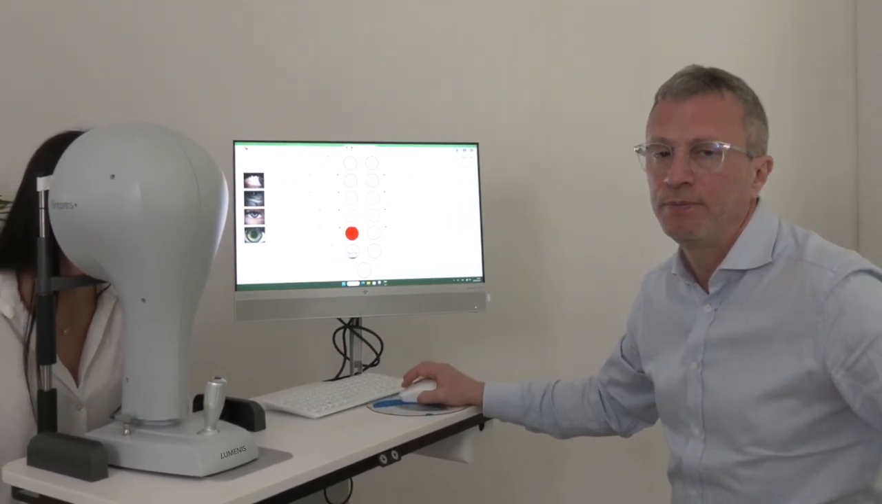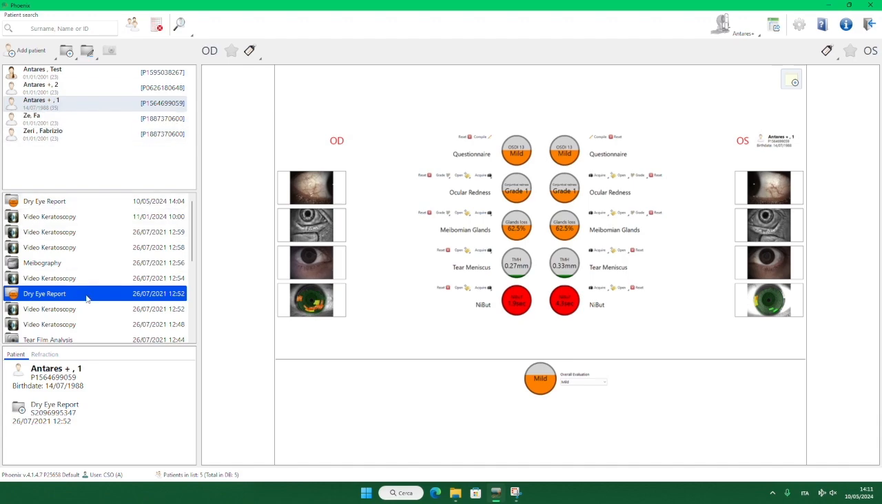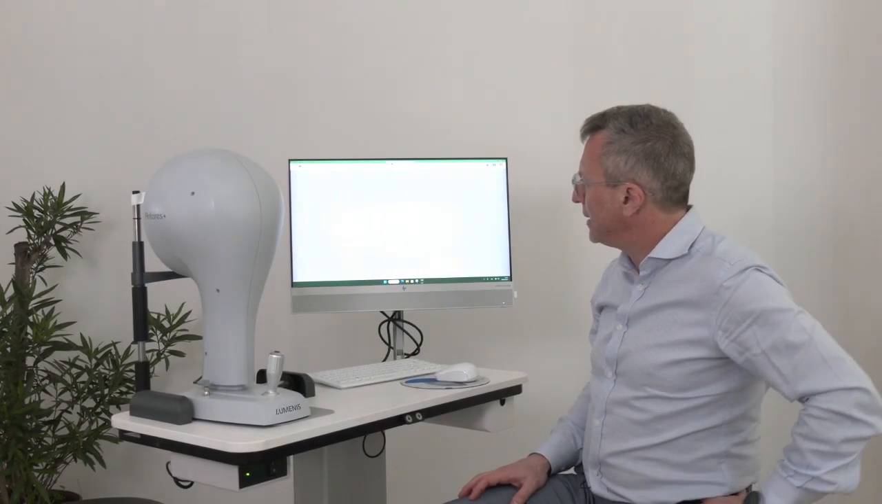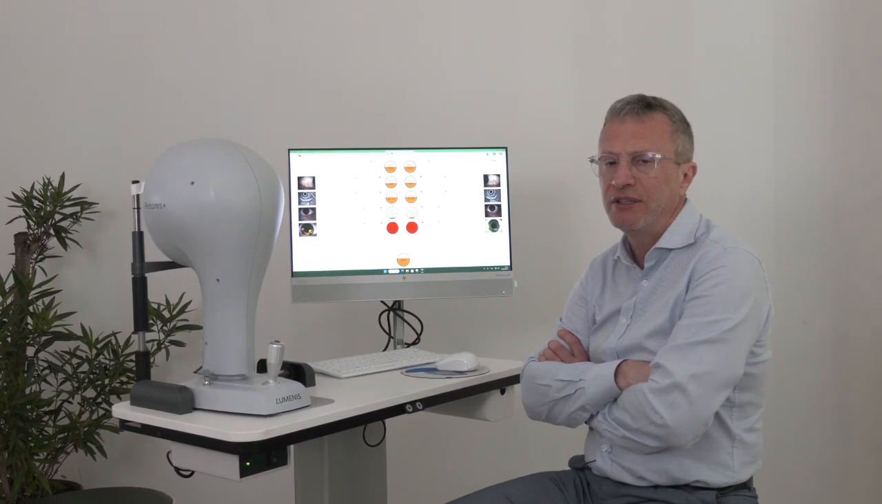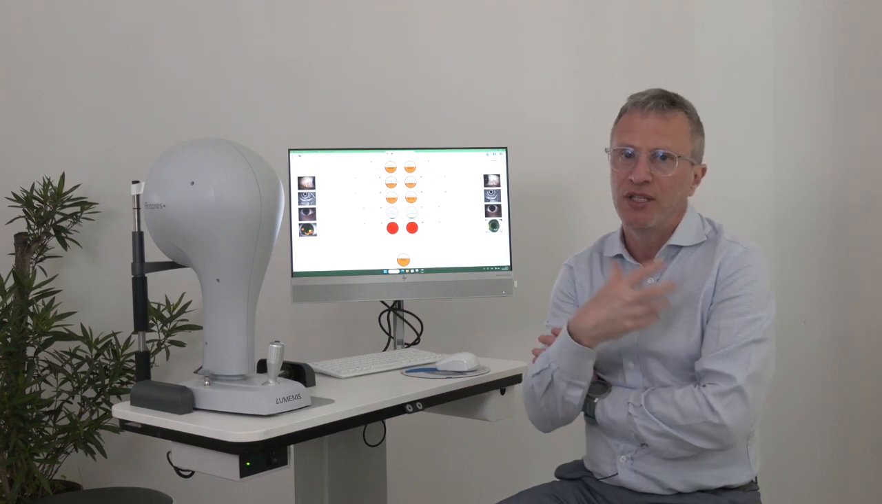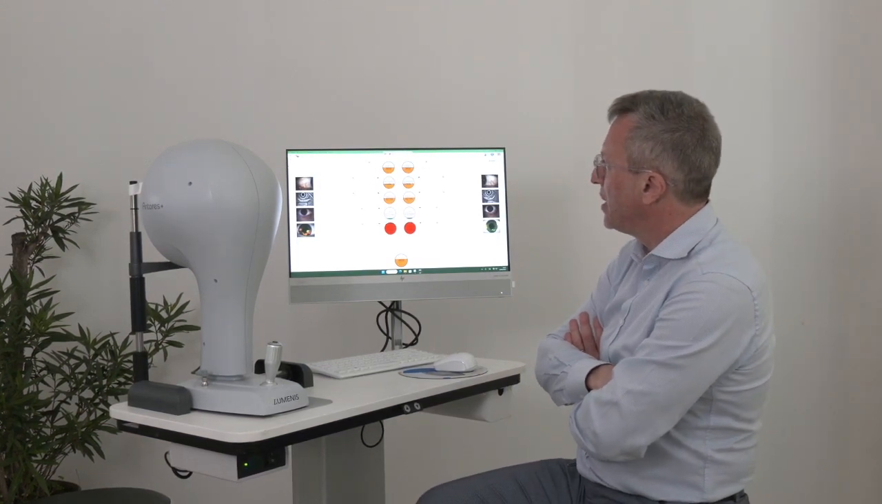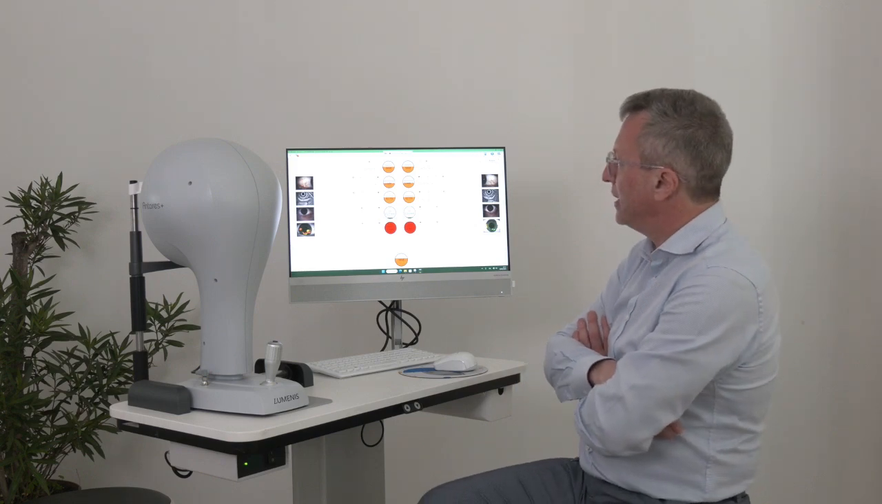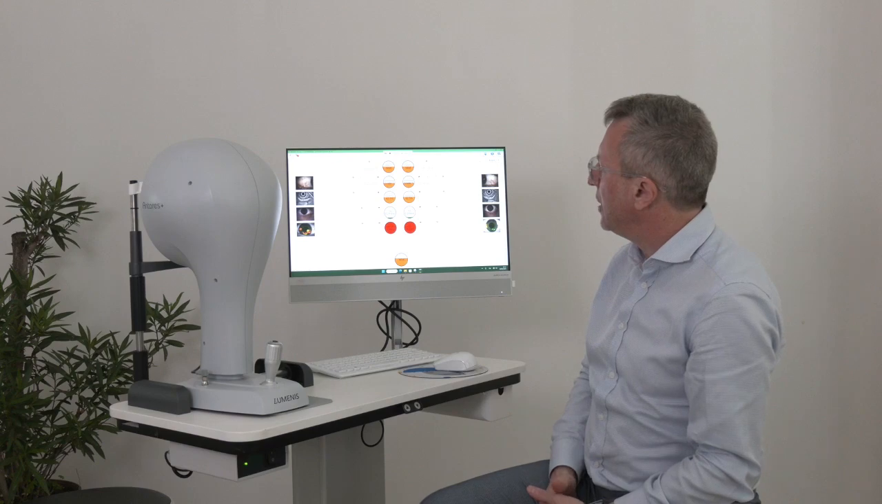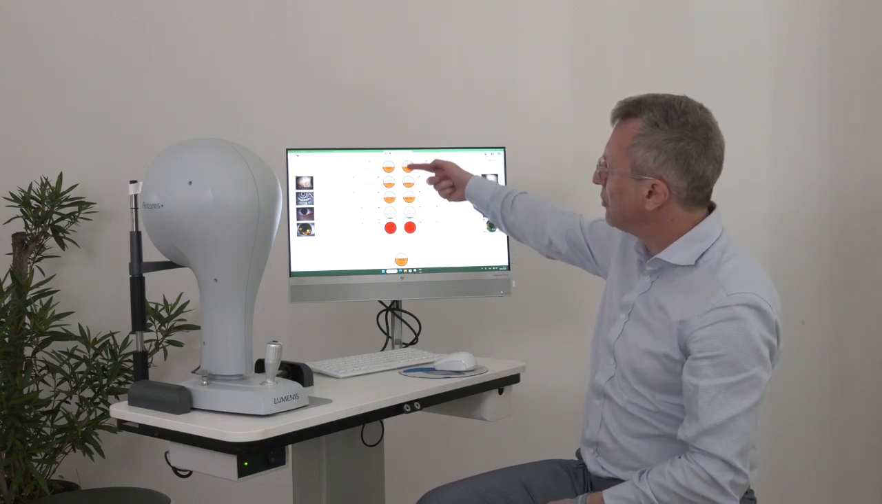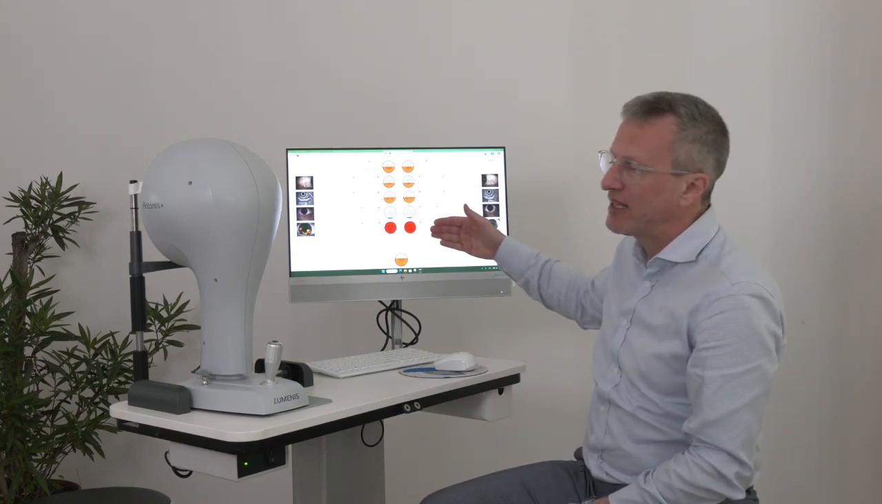So we are now within the dry eye report module of Antares Plus, and what's the rationale behind this kind of module? This module has been built according to the TFOS 2017, the diagnostic report of TFOS about the dry eye disease, the DED. So as you can see, the report here integrates together different kinds of assessment,